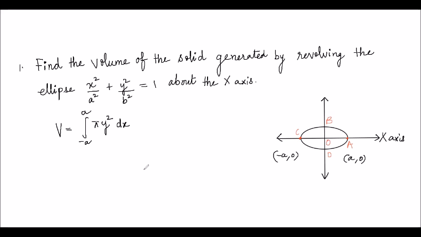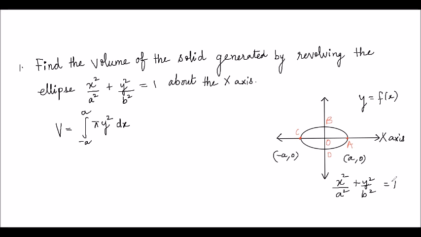Now we have to integrate with respect to x. We have here y square, so we will be finding y from the equation of curve. The curve is here an ellipse. The equation of the ellipse is x square upon a square plus y square upon b square equal to 1. What we need is y square. We will be finding this y from this curve. We have discussed in the formula that we have denoted the curve by y equal to f(x), so we will need to find this f(x).